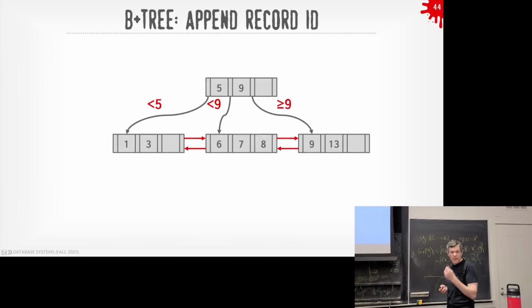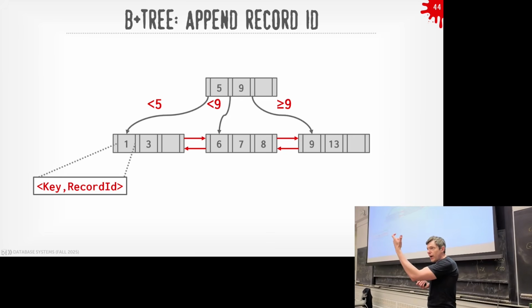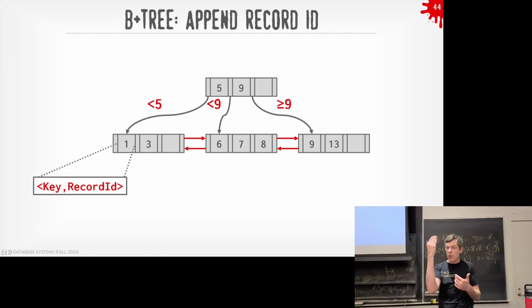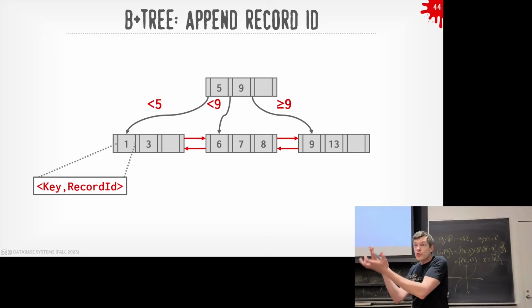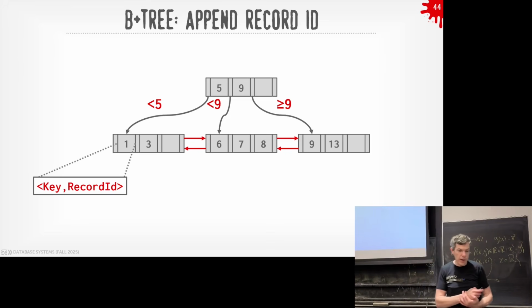All right, so the first one, append the record ID. The key now is going to be whatever the real key is I define, like on column A, but also in that same byte array for that key, I'm going to store the record ID. And that'll be guaranteed uniqueness because there's only one physical tuple that can be at some physical address in my pages at an offset. So this guarantees uniqueness, even though I may have the same key over and over again.